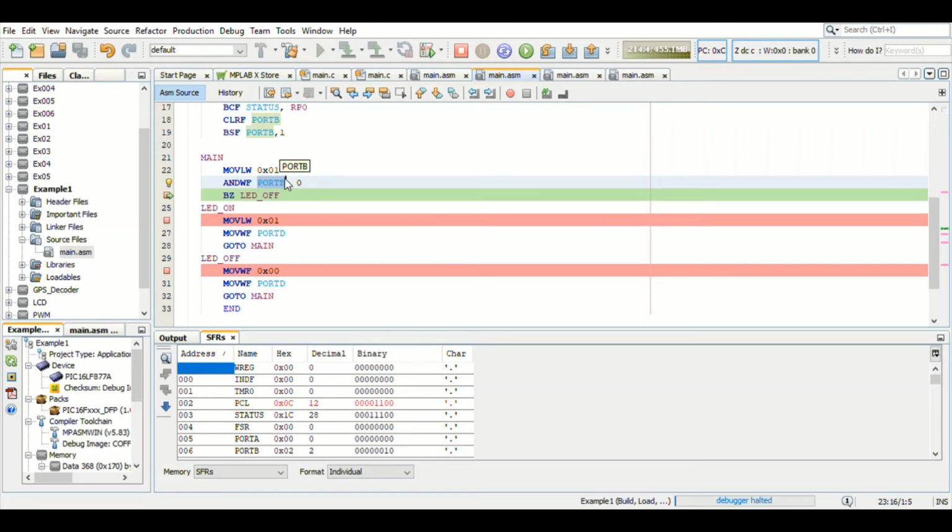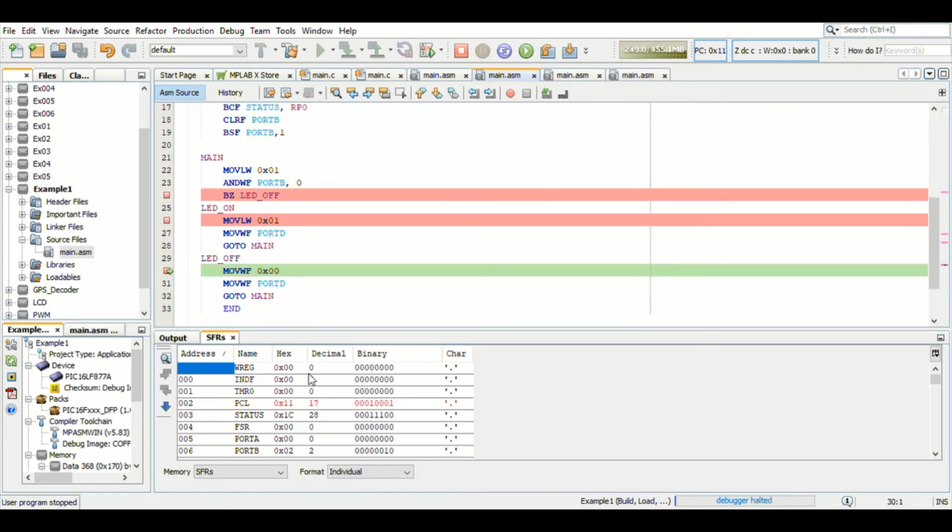If my PORTB pin 0 is 1, my result will be 1. If my result is 1 only, it will continue to this. Otherwise, it will just branch off to this one. So for that, I have to check this operation. How am I going to check this operation?